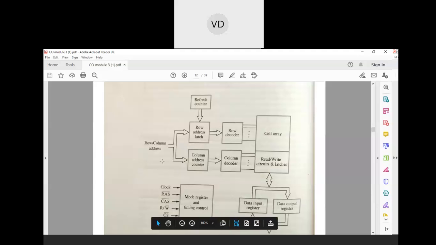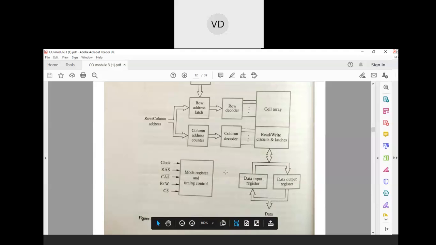So first, you can also see here, the row address and column address are not given to these latches here. They are given to another block called the mode register and timing control block. This mode register and timing control block will generate the row address strobe, column address strobe, chip select, read write, and clock signals. So this is a synchronous